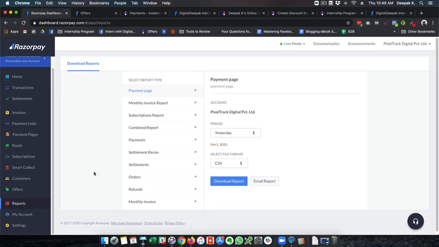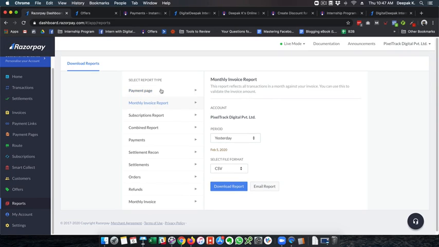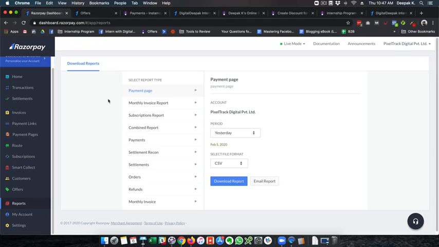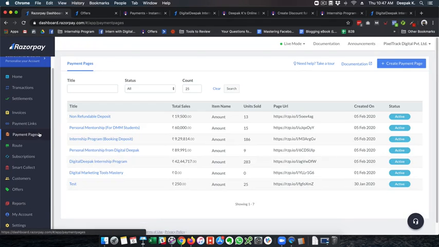So we have reports which can be downloaded, a bunch of different reports, but ideally as a non-tech user, I'm not going to download CSV reports, and what I will do is just go ahead and upload the CSV report to Google Sheet again. So how about doing a Google Sheet integration? How about an integration for payment pages with Google Sheets directly? Because every time I'm done, what I ideally do is that I'm a non-tech guy.